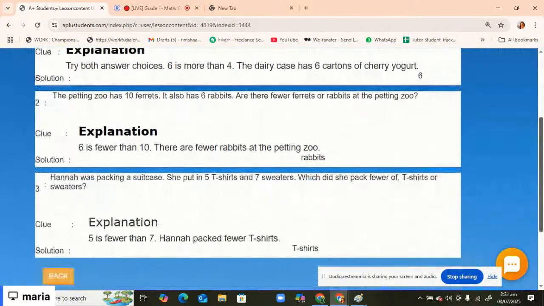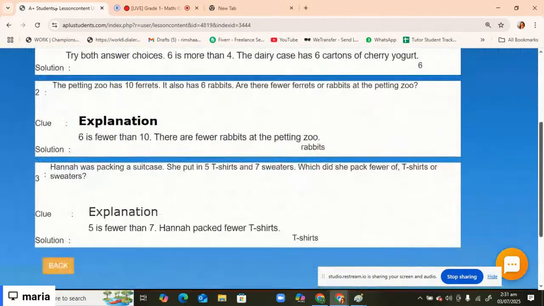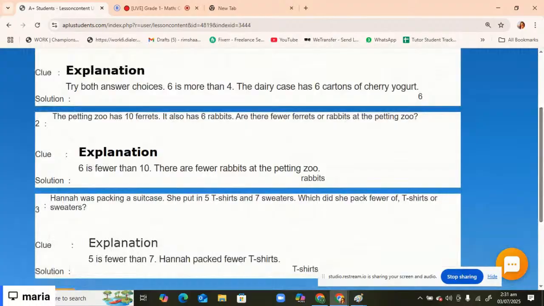Okay, any number. All right, because they already explained in the question, try both answer choices. 6 is more than 4, so the dairy case has 6 cartons of cherry yogurts. Okay,